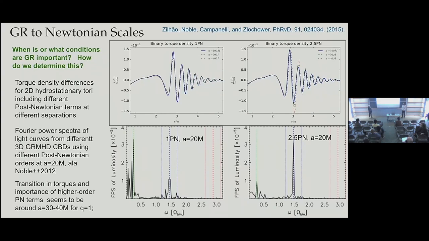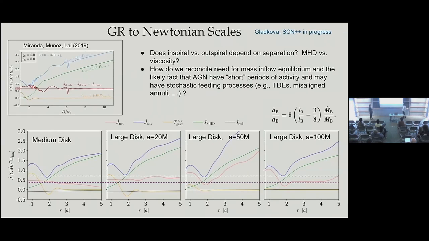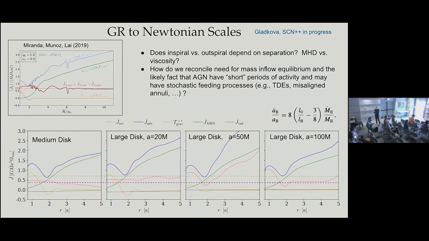Scott, can you show the next slide again? I just want to make sure. Could you describe, maybe I missed it, the setup: you have a binary and a torus around it, with a magnetic field, and then you let it evolve for how many orbits? Okay, so this is a 3D GRMHD simulation, circumbinary disk only, but it shouldn't matter for JDOT.